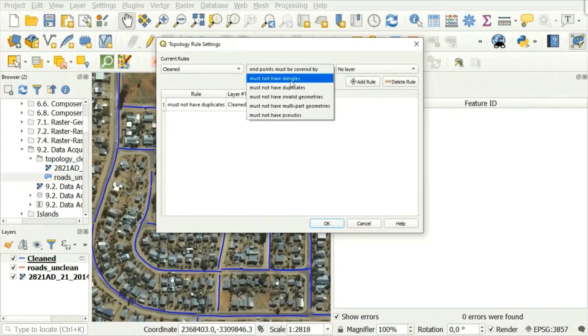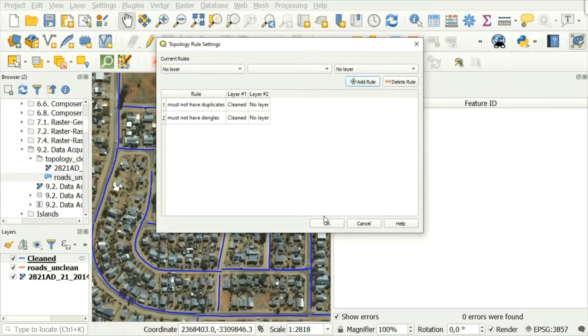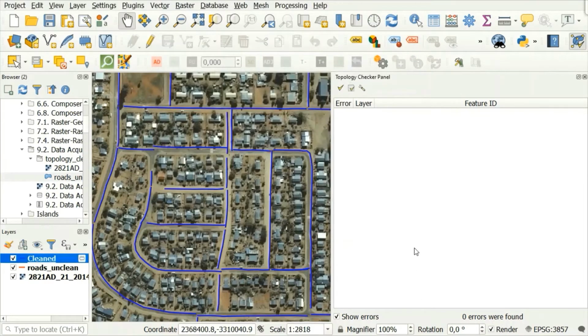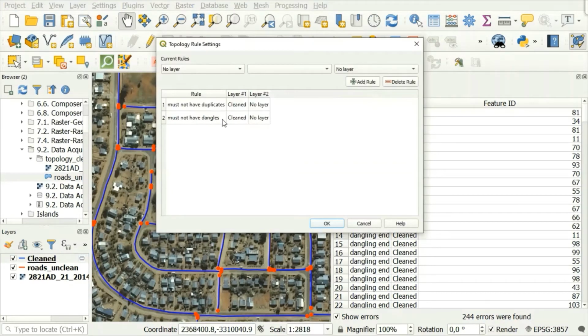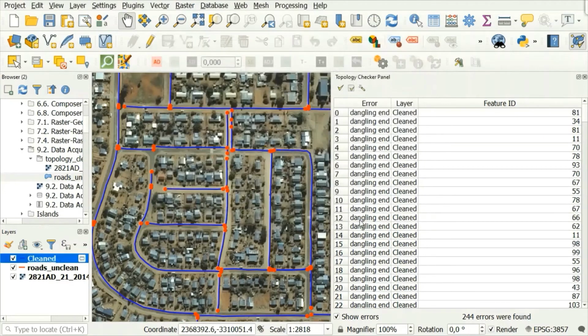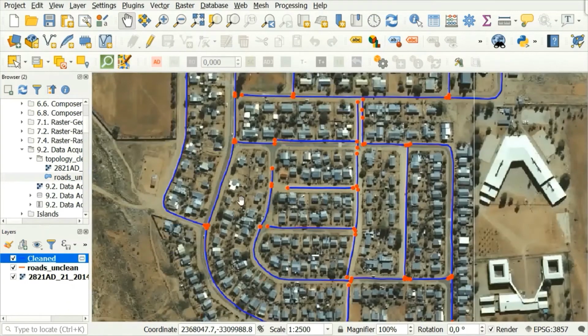Cleaned layer, you must not have that. Okay. So as you can see here, 244 errors were found when we went with the must not have dangles rule. And then we can just play around with the other rules and explore the other rules that we have there. All right, so when we close that,